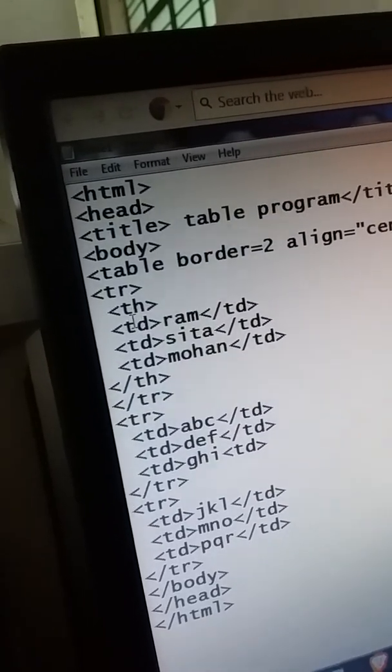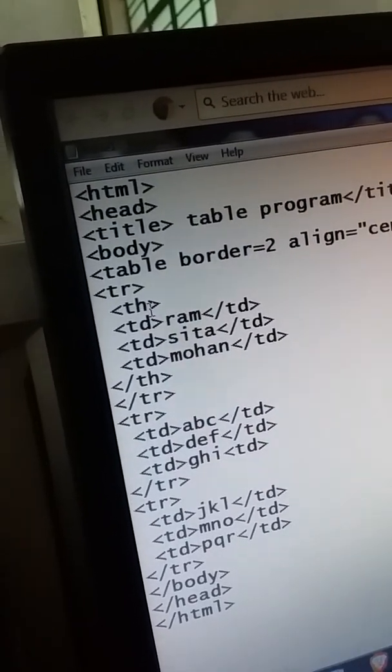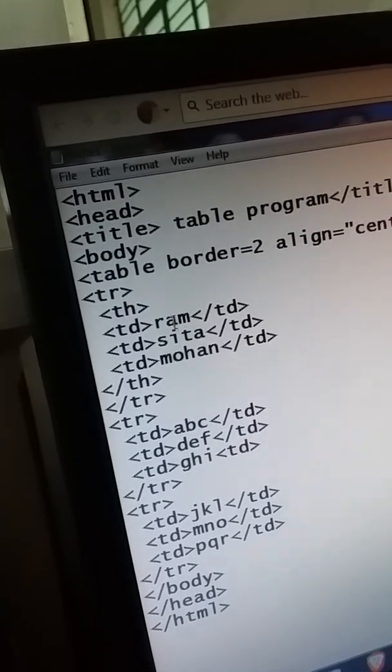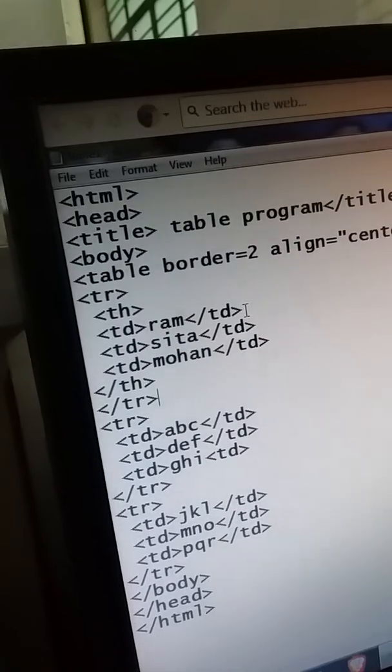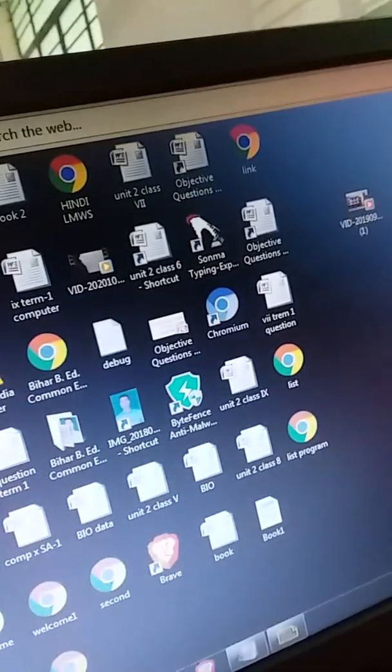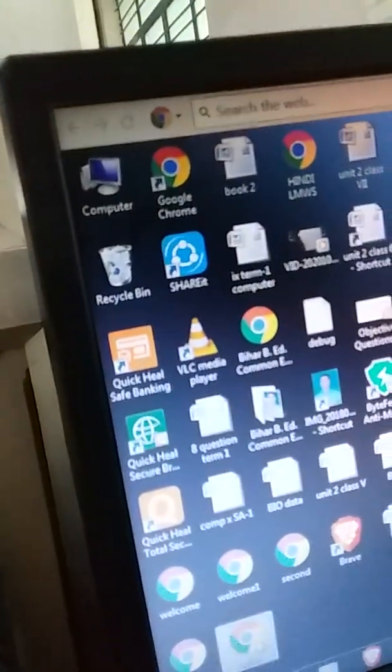Inside the tr, I have used th for table heading. Inside the table heading I have given the names. Again, I am going to save that using Control plus S. See, refresh the program. Click on it. See here, Ram, Sita, Mohan have been printed here.